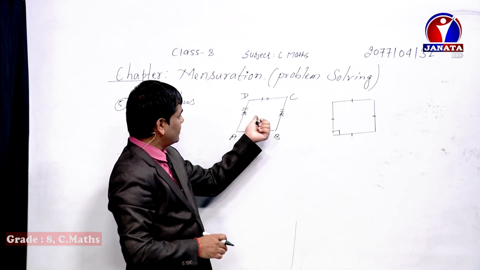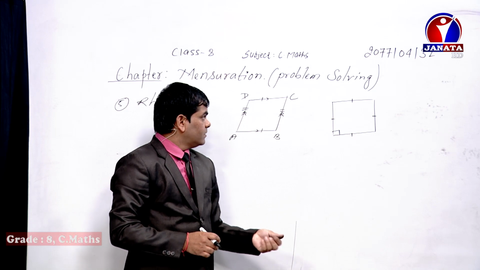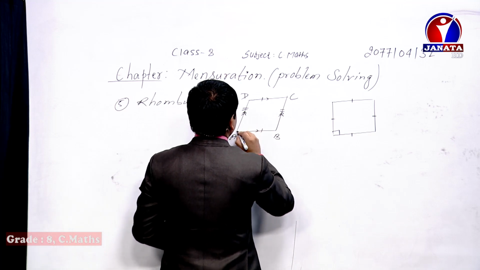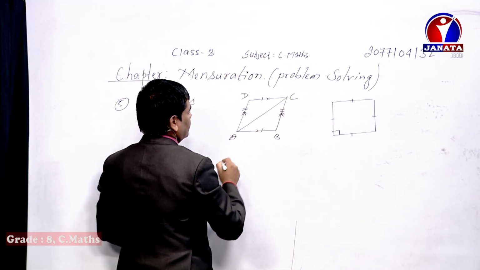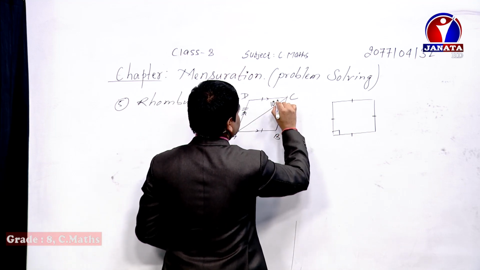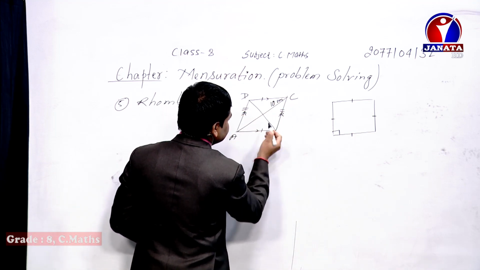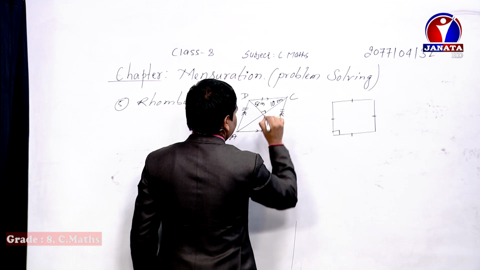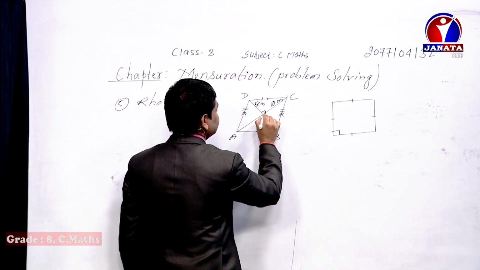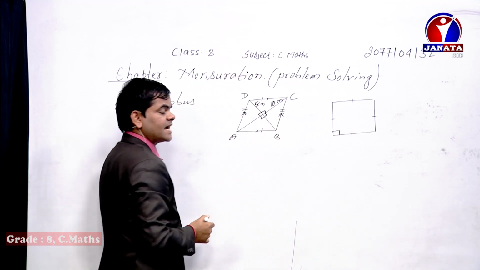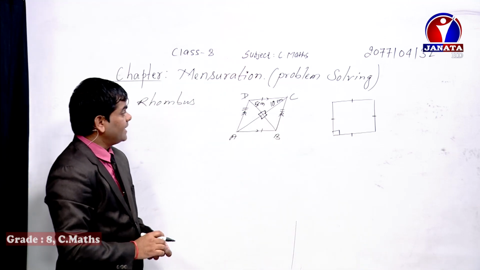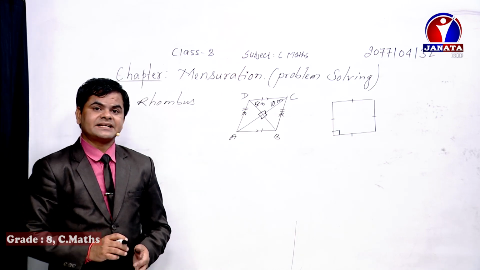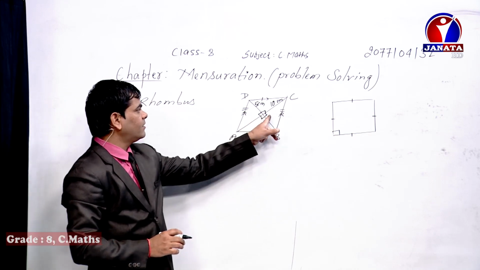So now we are going to discuss the rhombus. The measurements of sides are not given, but diagonals will be given, dear student. Let's see, AC's length is given as 10 centimeter and BD's length is given as 5 centimeter, okay. And always the diagonals of a rhombus bisect each other at 90 degree, okay. They bisect each other at right angle. That means they form right angle everywhere.